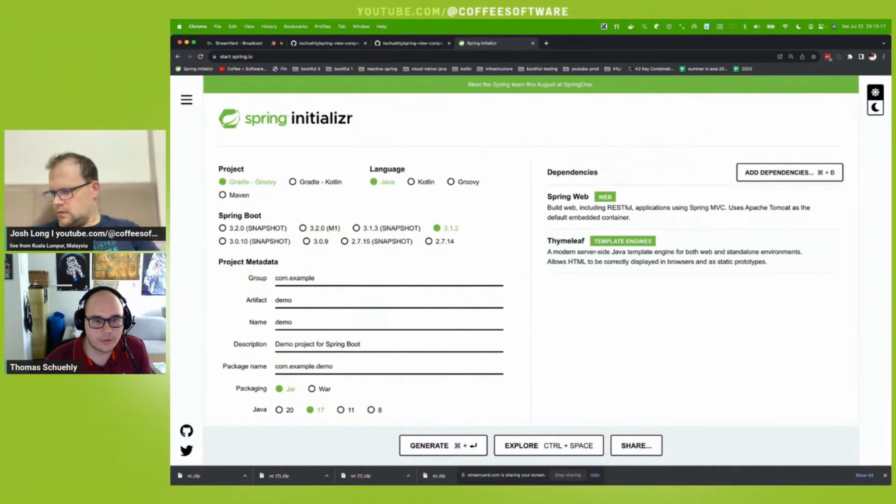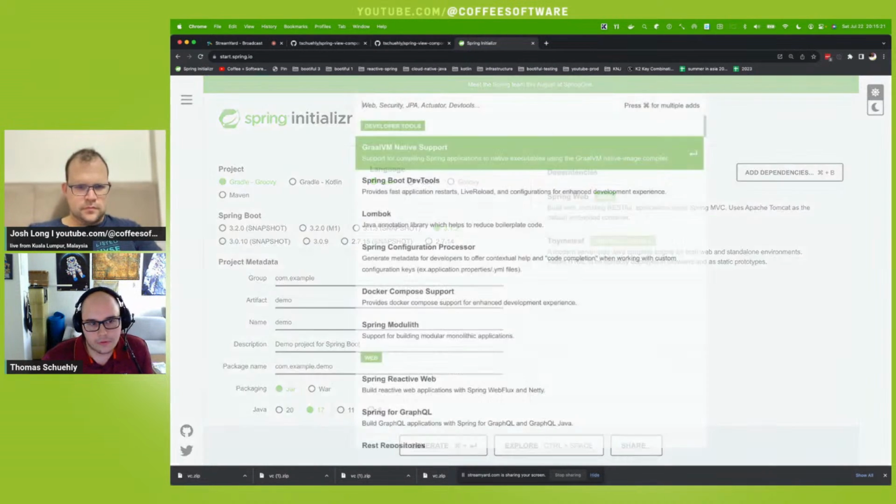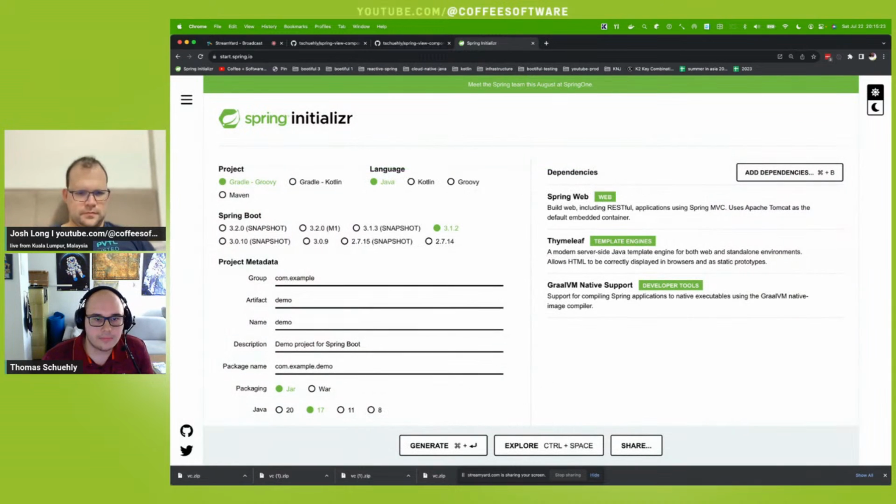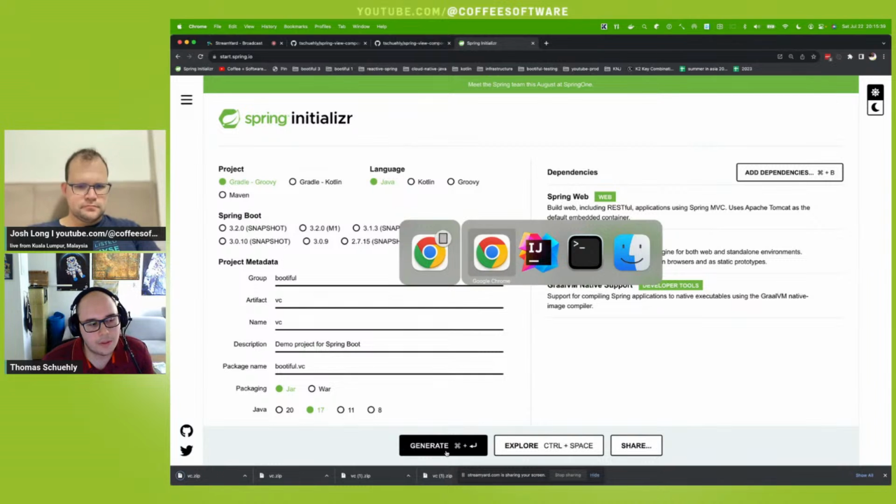I want to integrate more template languages. And then you want native if we want to work on that now. But normally you wouldn't need native. And yeah, so the idea behind ViewComponent in a short time is with normal Thymeleaf, you have